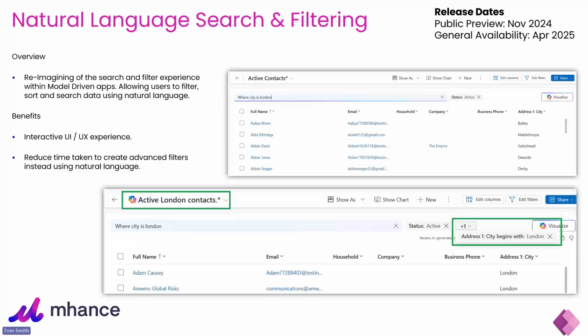So again, we have a Copilot search. Rather than having to use the advanced filters settings within a view, we can now use the search bar and in natural language type out a filter. Within the top image here, you can see I'll put where the city equals London. And in the bottom, you can see that it started to filter that view where the address one city equals London. And within this little icon here, we can see that the filter has been added into that view